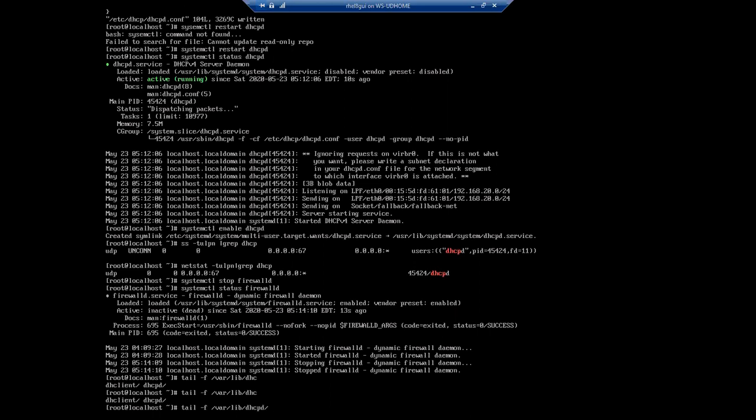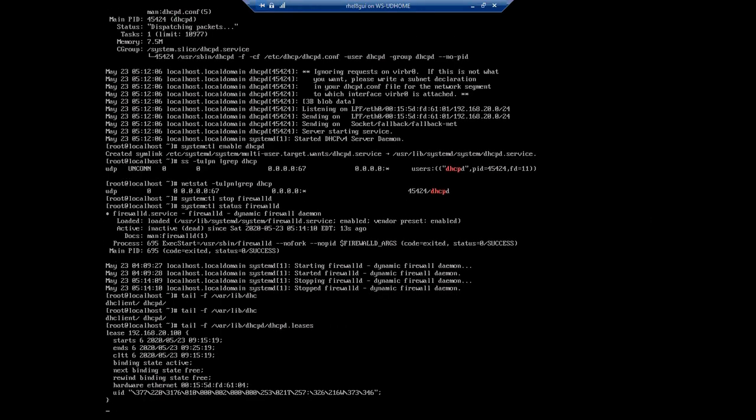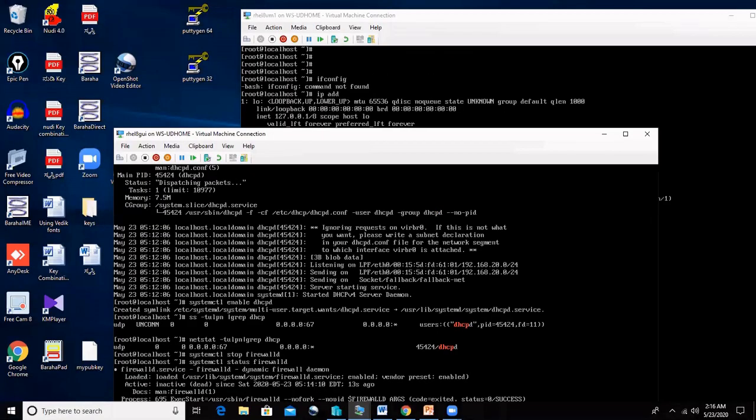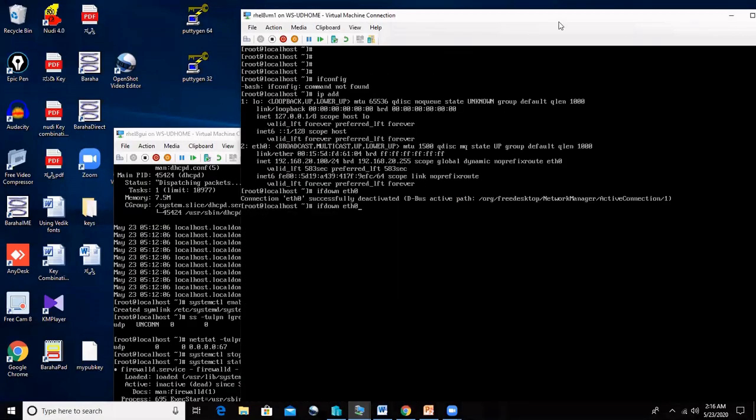Okay, so I think one of the machines already got an IP address, that is 20.100. Who is that? Okay, so now I'll go back to the client machine and check. It is 20.100.